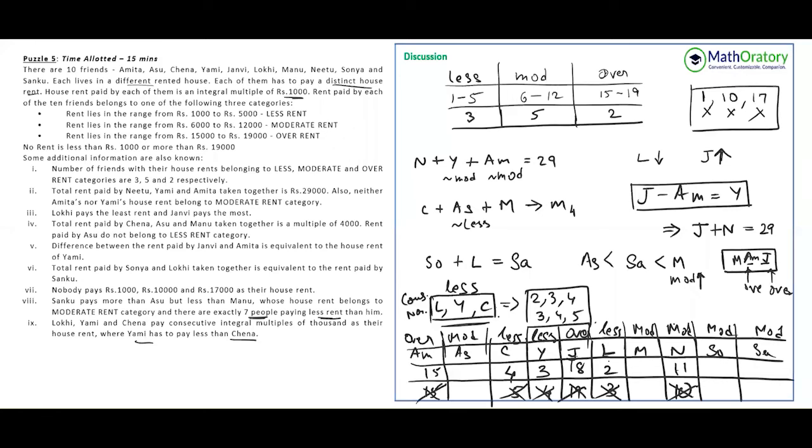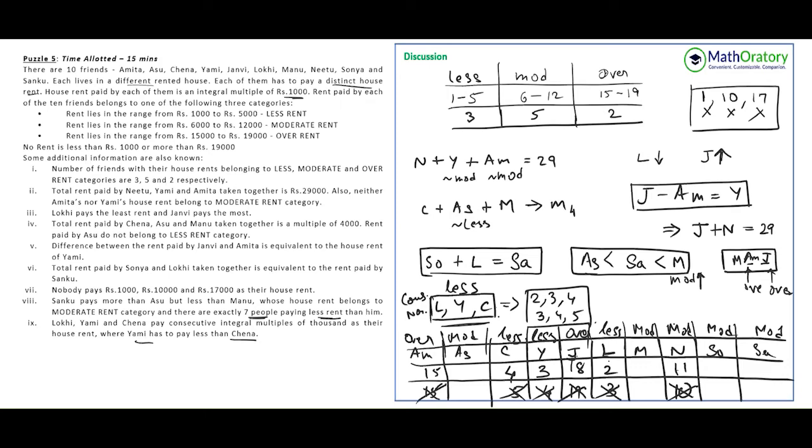Now, what else do we know? So JM, this thing is done. So the moderate ones, right? Okay, let's figure this out. So we have something related to this and this, right? So SO and SA has a difference of 2 because L is 2, isn't it? So these two individuals have a difference of 2. Both are in the moderate category, and actually both are less than M. So if you remember, M is the one which is the highest in the moderate category, isn't it? And in the moderate category, there are 5 individuals, right?